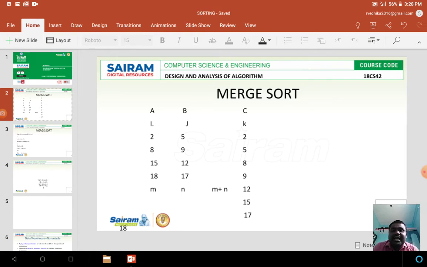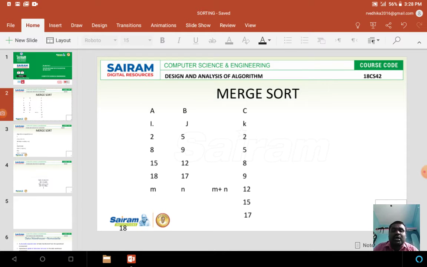Initially I will compare the first element of A with the first element of B. If A's element is less than B's element, then I will copy the smaller element and keep it in my C array.